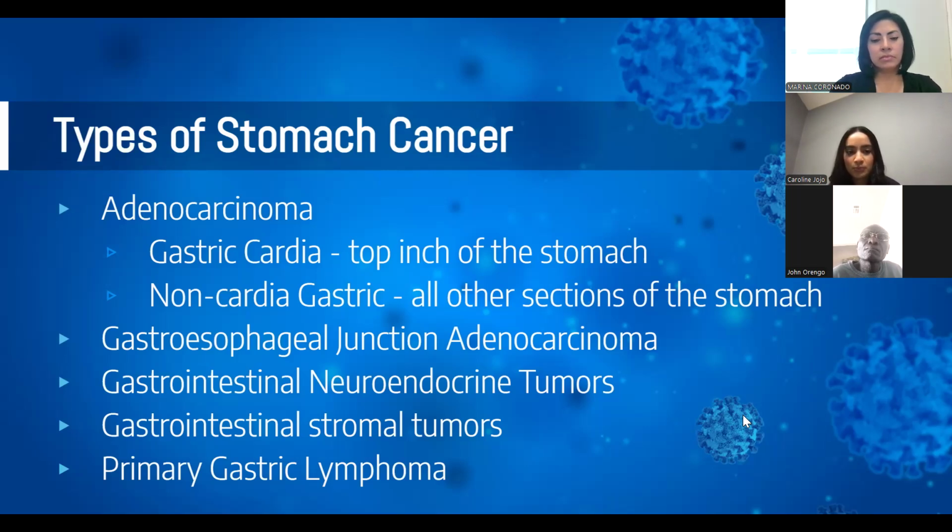There's also gastrointestinal neuroendocrine tumors, which is cancer in neuroendocrine cells that line the gastrointestinal tract. This causes there to be digestive juice issues as well as problems with muscles that move the food through your organs. So overall, you're going to have digestive issues. There's also gastrointestinal stromal tissues, which is a type of soft tissue sarcoma, which is cancer in the nerve cells in the wall of the stomach and organs. Finally, we have primary gastric lymphoma, which is a type of non-Hodgkin lymphoma.